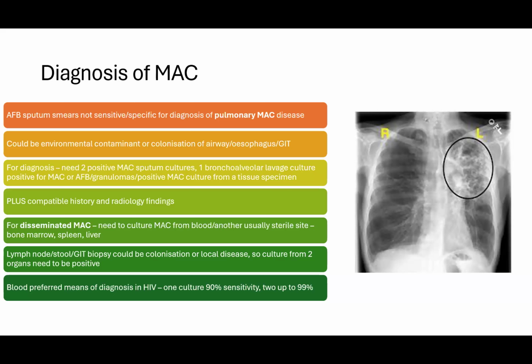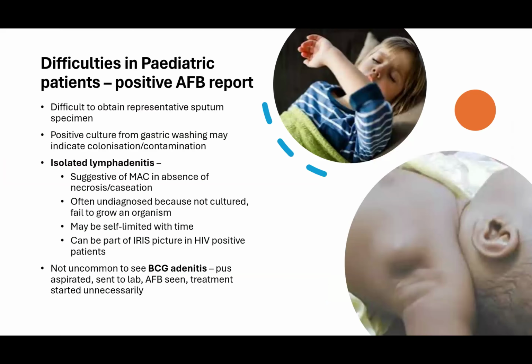But in HIV positive, immunocompromised patients, blood is the preferred means of diagnosis. And it's helpful to take more than 1 sample. 1 culture can give up to 90% sensitivity, and this increases to almost 100% once you've taken 2 blood cultures looking for MAC. But just from our point of view in paeds, I just thought I would mention some of the difficulties in paediatric patients,